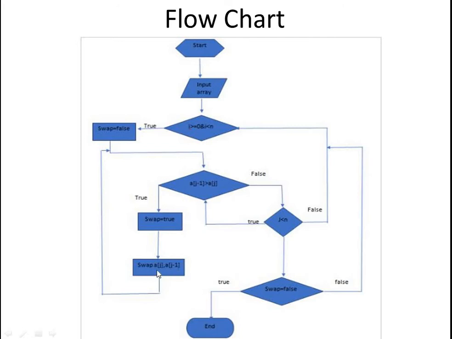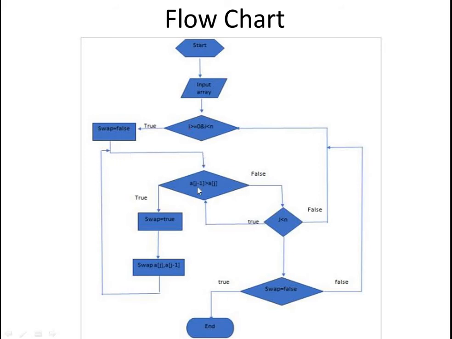That is, we are swapping the first element and the second element. We are just swapping them. We are making the greater element go towards the right, that is towards the end of the array, and the smaller element towards the left side, towards the starting of the array. We are arranging them in ascending order. So we are swapping the elements, making the greater one go towards the right, and after swapping we'll